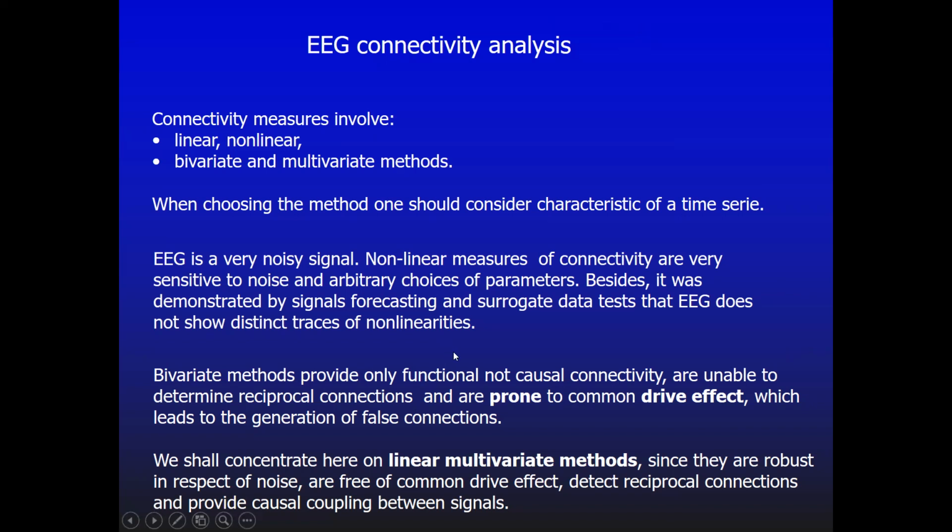So in practice, it is similar to colored noise, that in other words, a noise with some specific frequencies, some specific oscillations. Now, the bivariate methods provide only functional, not causal connectivity, are unable to determine reciprocal connections, and